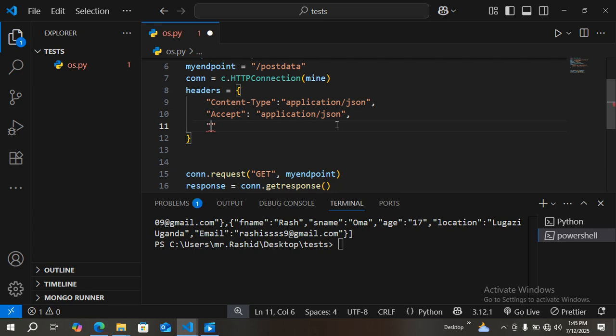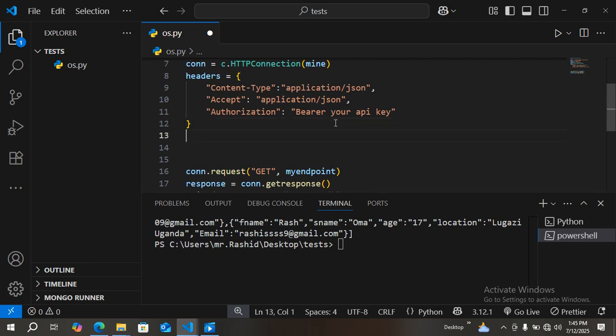So authorization, we need to set it to what? Let us set it to bearer. Then we set your API key. You can have your API key here, if that API requires a key. For me, I don't have it, we don't need this authorization, so I'm not going to put emphasis